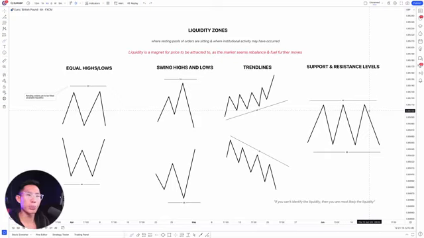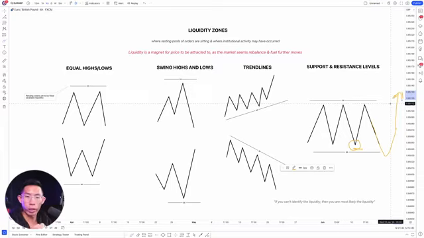And a lot of times you will see this pattern happen over and over again, where maybe you enter for a buy right here and you place your stop loss below this low. Price will purposely push all the way down here, hunt your stop loss, trigger it, before heading back up in that particular direction. And then you're sitting there regretting, like, oh my god, I should have placed my stop loss wider, because price purposely hit my stop loss and then went up. Oh no, my trade did not go as planned. Now in that case, you deserve it because you don't understand how liquidity works. If you understand how liquidity works, you will know exactly what price is gonna do next.